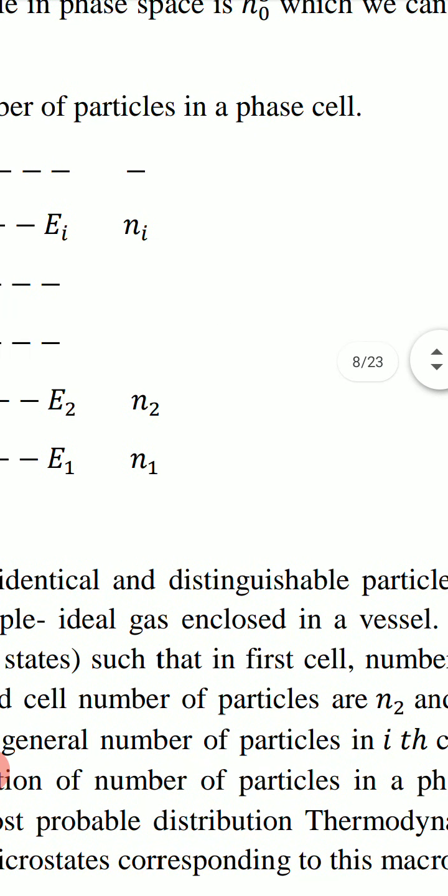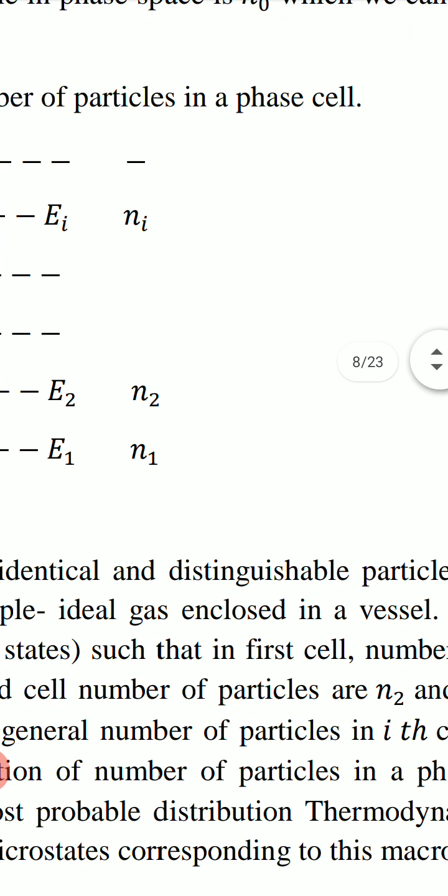So these are different cells. N1 particles are in first cell having energy E1, N2 particles are in second cell having energy E2, and so on. Ni particles are in ith cell having energy Ei. So for this macrostate,